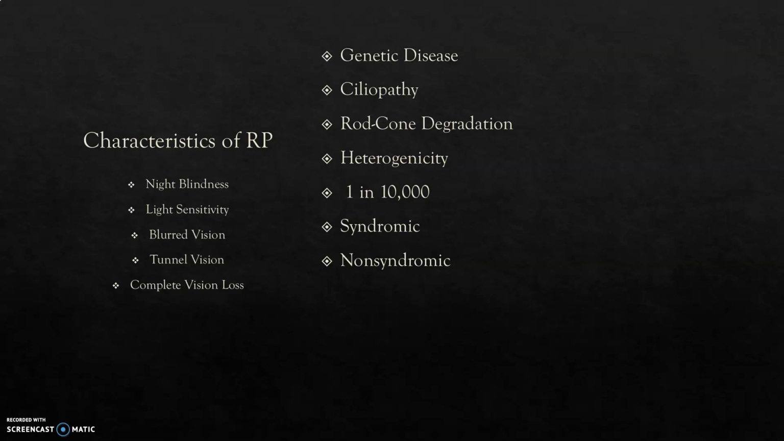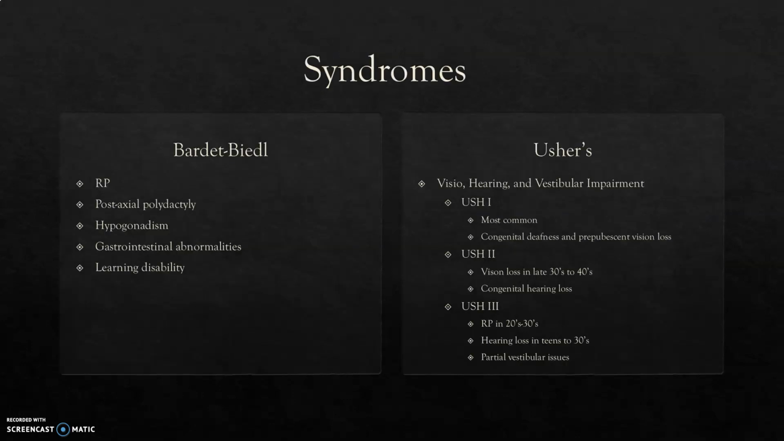Some characteristics of RP are night blindness, light sensitivity, blurred vision, tunnel vision, and complete vision loss at the end or late stages. Some syndromes that are associated with RP are Bardet-Biedl, and this has RP, as well as post-axial polydactyly, hypogonadism, gastrointestinal abnormalities, learning disabilities, neurological dysfunction, and obesity, as well as some others. There's also Usher syndrome,